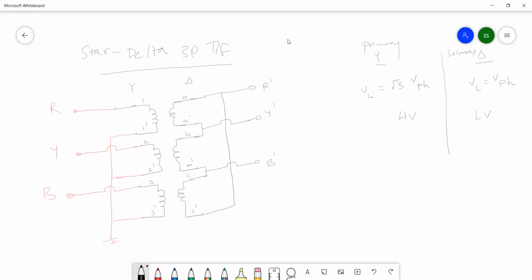So shall I call this kind of high voltage to low voltage transformation a step down? Understand, ma? Yes, sir. So that means the application of these kinds of configurations is step down transformers. Whenever we require step down application in three phase systems, we can take the primary side as a star configuration and the secondary side as a delta configuration. Clear, understood where we use this kind of configuration for three phase, that is a step down transformer.